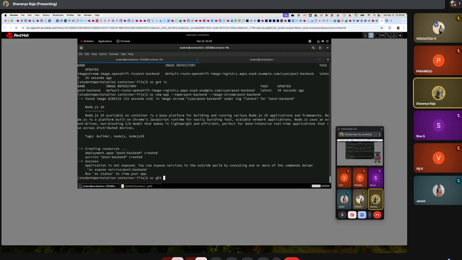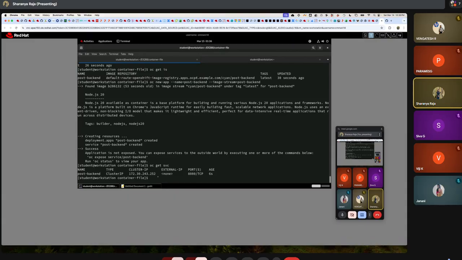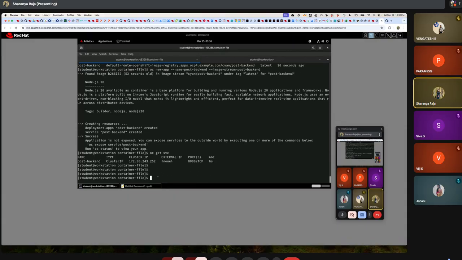So oc get svc. Next thing is oc create route edge --service equal to post-backend and --hostname equal to post-backend dot